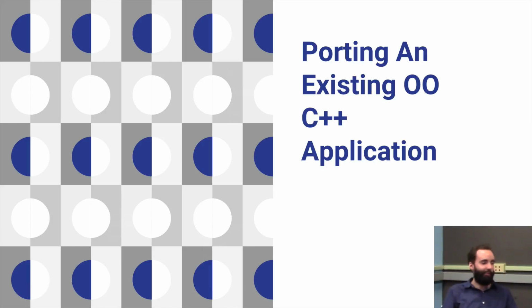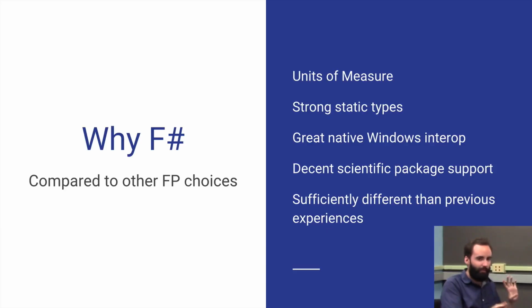Obviously, this isn't a high priority project. I'll explain a little bit about this, though I mentioned it before. For my domain of scientific programming, there's a few different options like Python, Julia, Rust. Obviously, I could have done this in C#. So why did I pick F# out of all the world of functional programming?